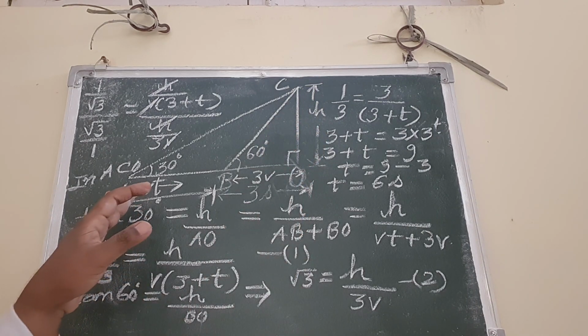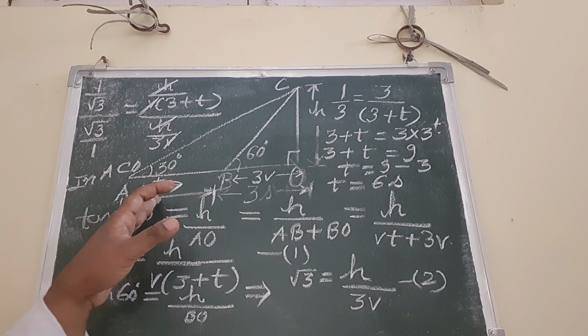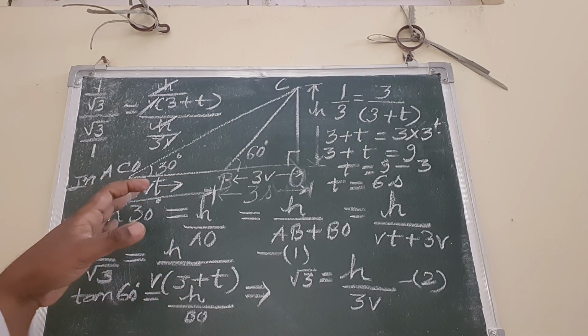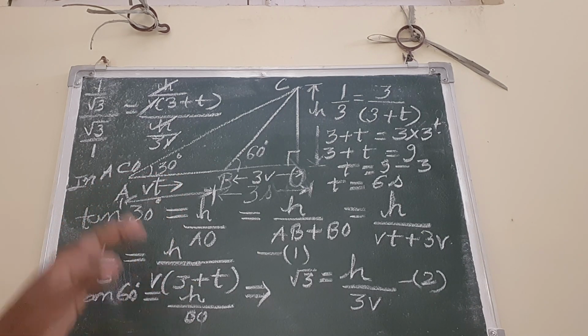So this distance we can write, its velocity is v, and the time taken is t. So in terms of distance we can write vt. So the length of AB is vt,